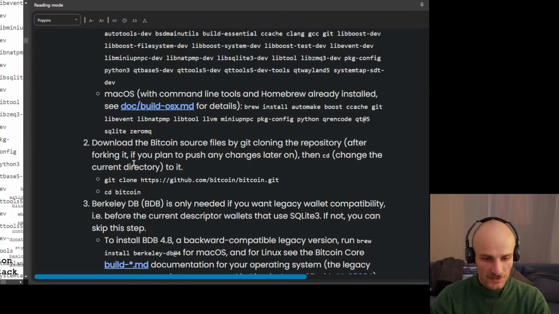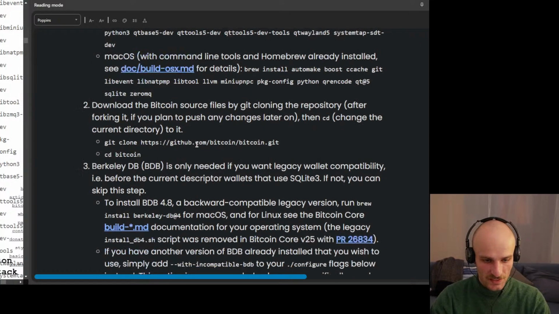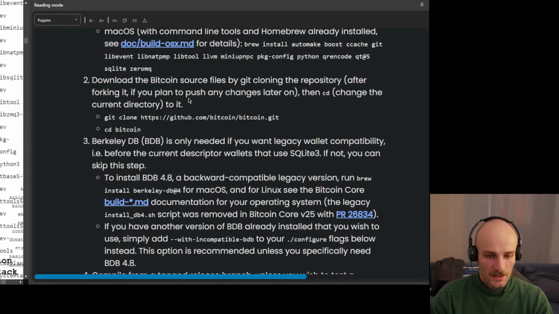Then we need to download the Bitcoin source files by git cloning the repository. After forking it, if you plan to push any changes later on, blah blah blah, then cd into it, yeah. So